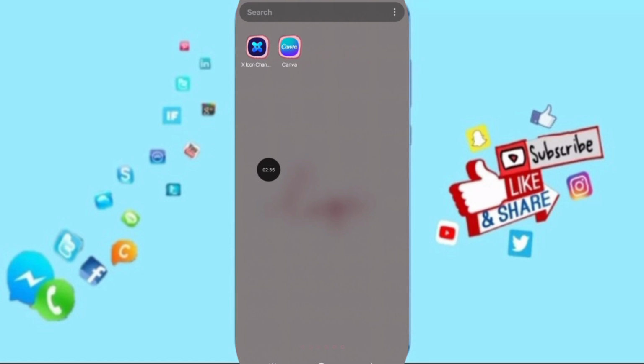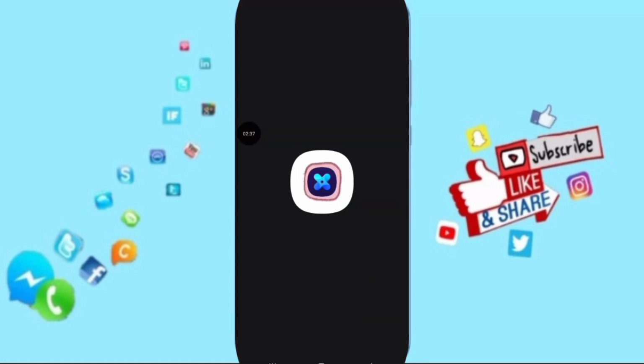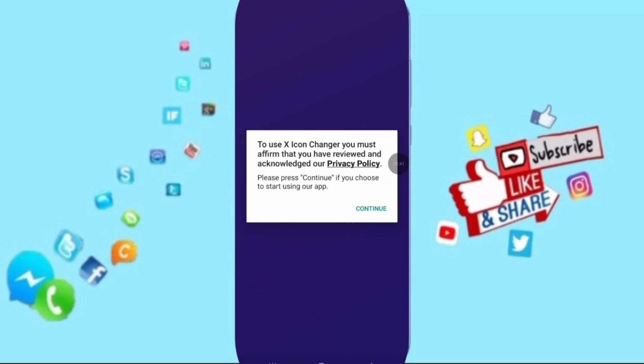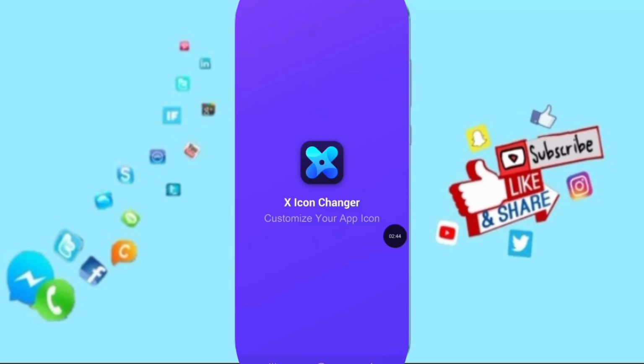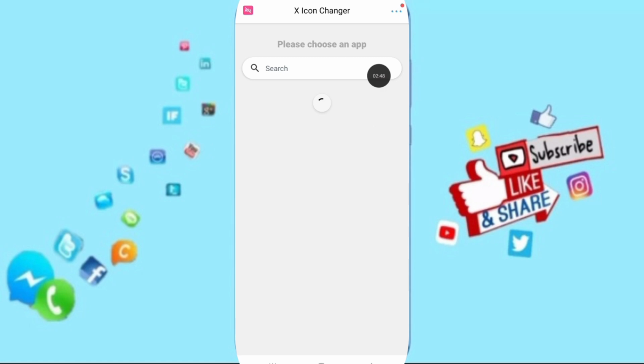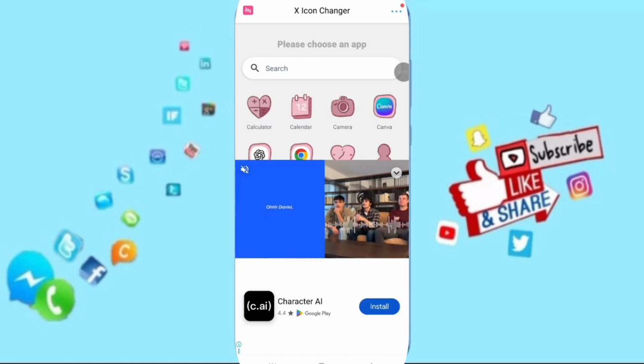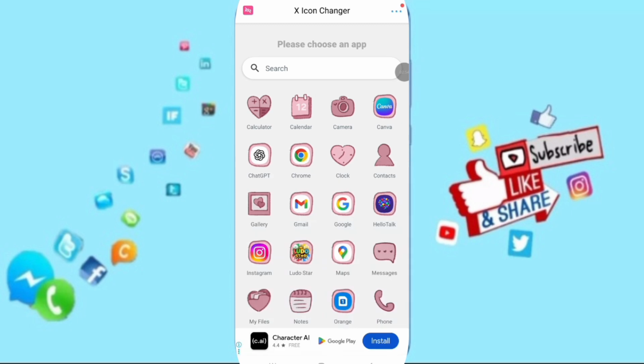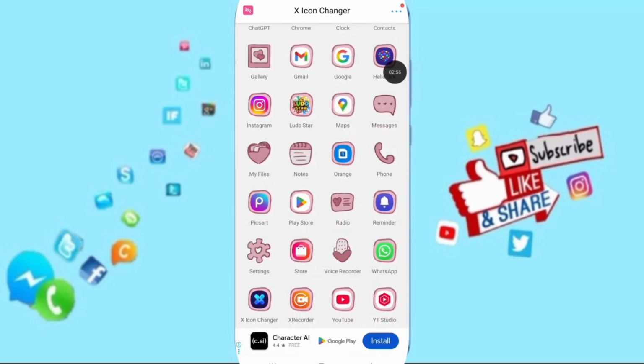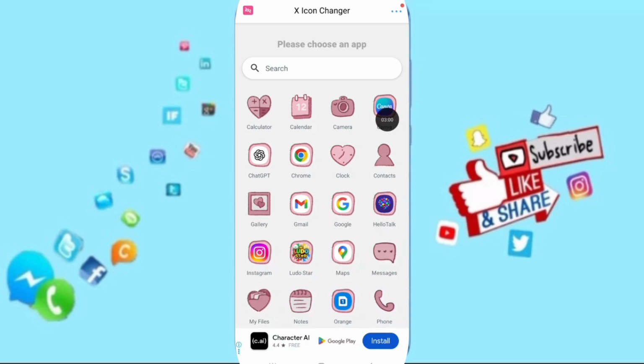The second method is to go to this app of X icon changer, as you see, and you will click here. Here, as you see, they will give you, please choose an app, so you can choose any app you want. You can write it, or you can simply click on it. For example, here let's choose the Canva app,